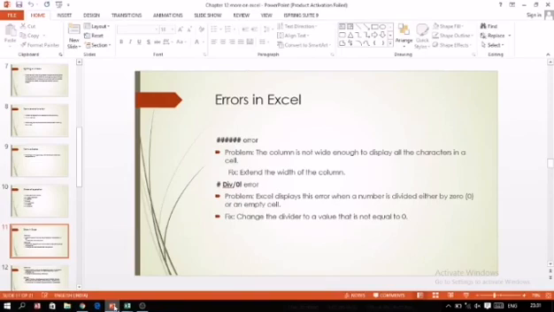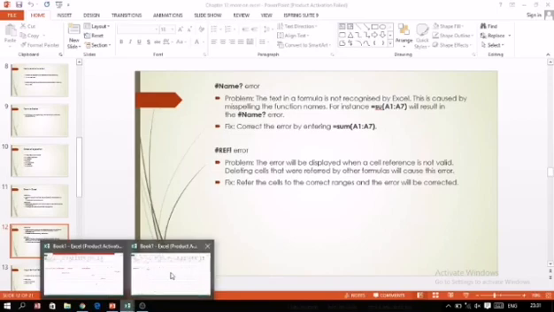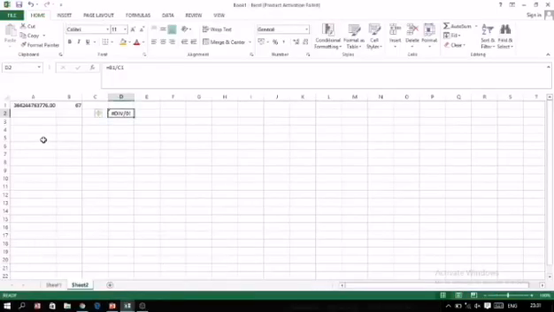Now the next one is the name error. Name error means that, as I told you earlier, if you are using any function name, that function name must be given correctly. When we give the function name, Excel understands that a particular calculation has to be done.